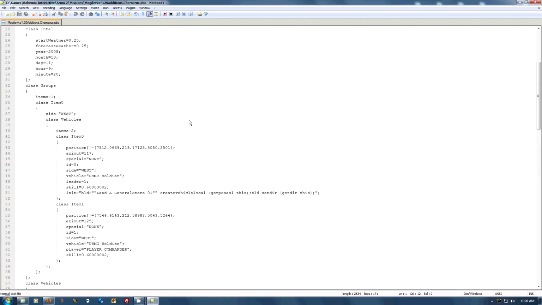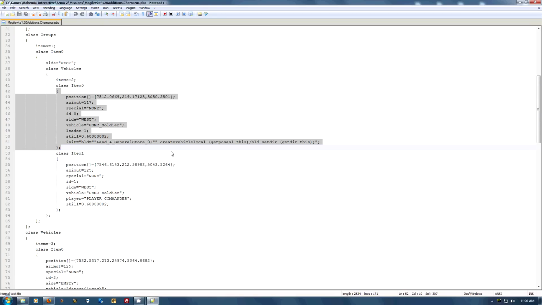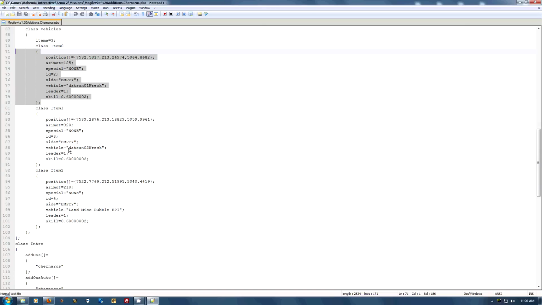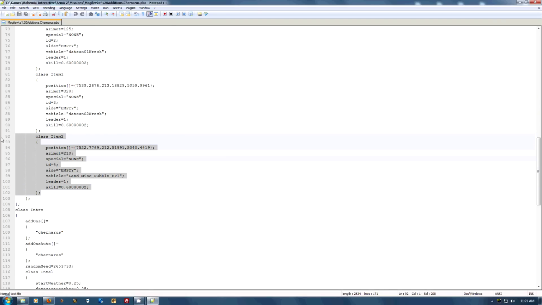To start with, we've got our Land A general store, which is attached to the soldier. So that is all in this section here. We're given the position and the azimuth, which is pretty much all we need, and the fact that it's Land A general store. The next we've got here is the recs under class vehicles. First one is the Datsun 01 rec that we placed in this block. We've got its position and its azimuth. The second one was another Datsun rec, there you go, on its side. And that's in this block here with its coordinates and azimuth. And then the last one, the rubble, is right here